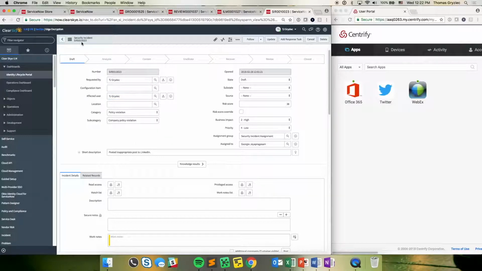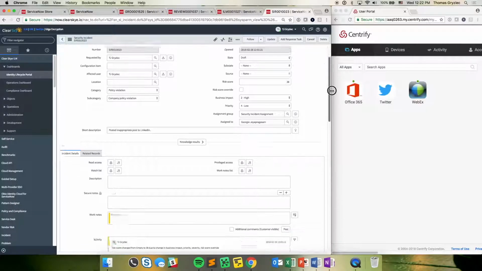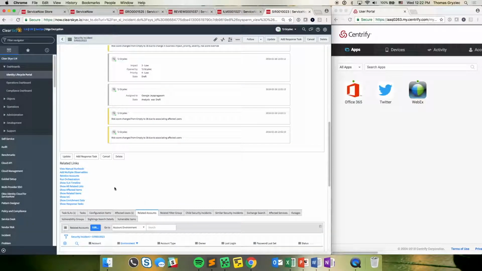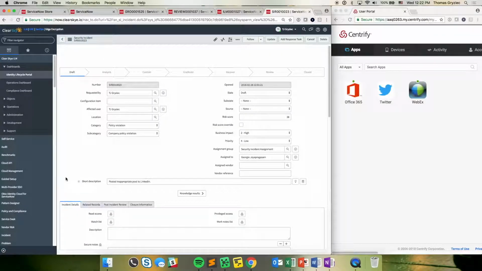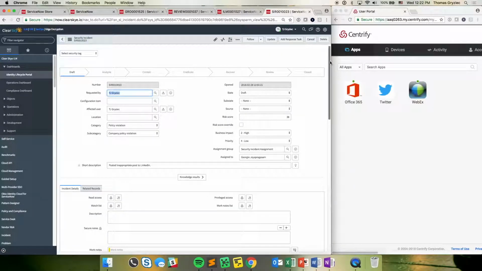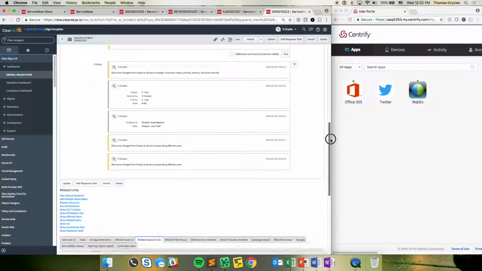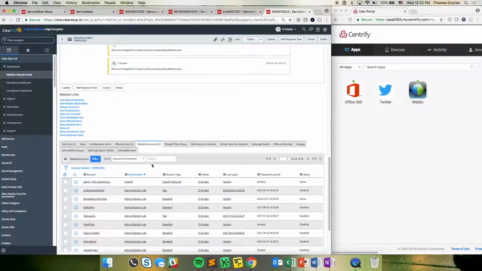So within the security incident of ServiceNow, we can scroll down and retrieve all the accounts that TJ may have. So here I can go ahead and click Retrieve Accounts. Now we've added a button for this demo, but this can also be triggered automatically based on some condition of a security incident to attach this evidence automatically. Here we can see that TJ has 12 accounts,